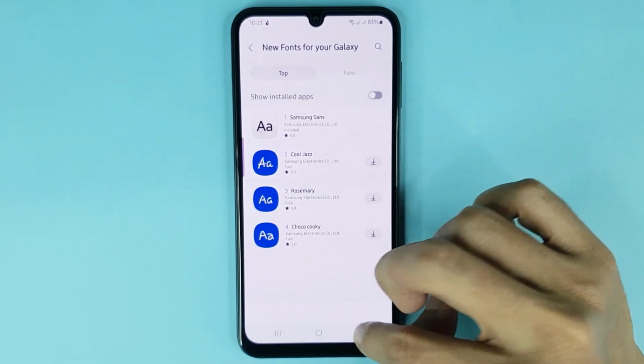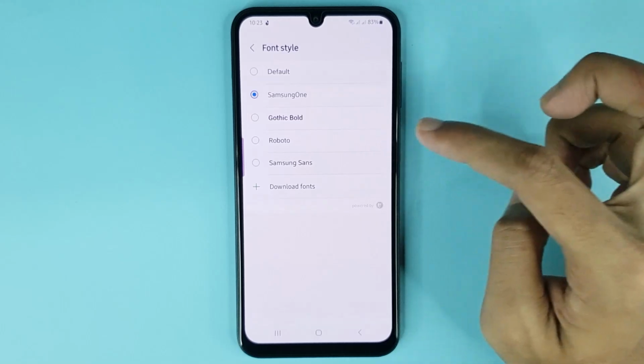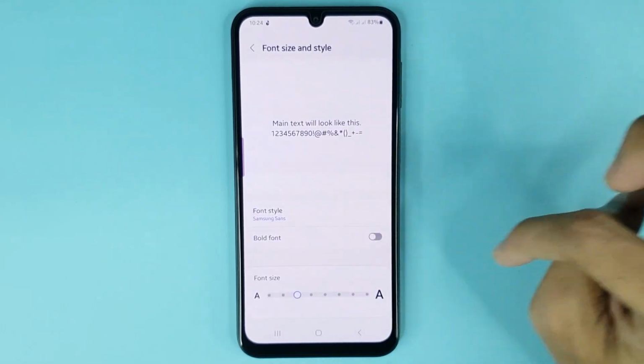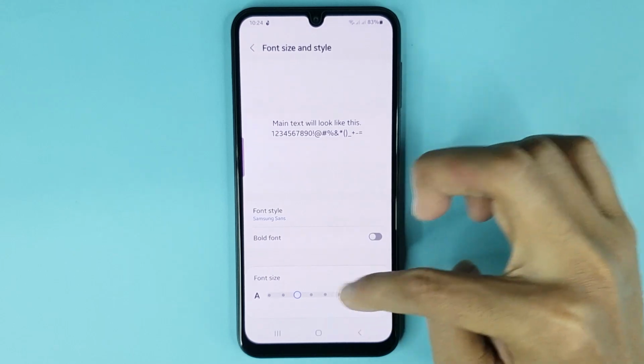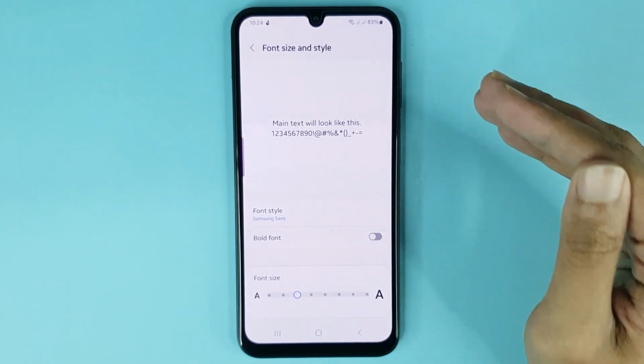Now just go back and here it is. Now just tap here to select it and it's changed successfully. You can also bold your font from here, and from here you can change your font size. And that is how you can change font style in your Samsung Galaxy